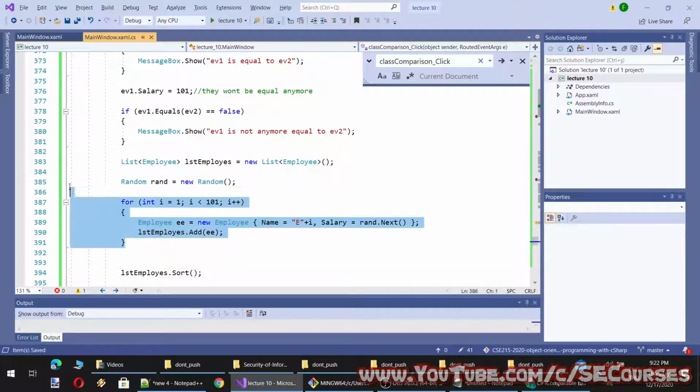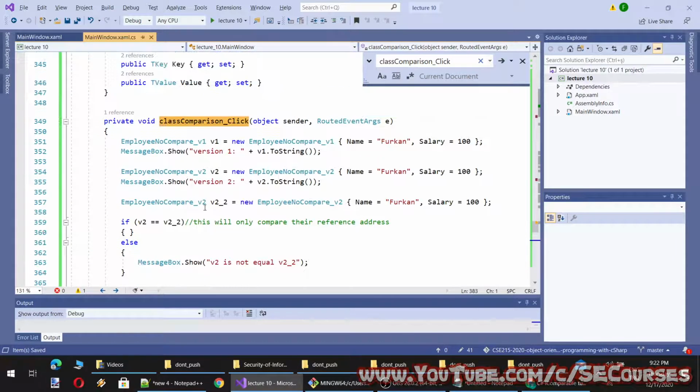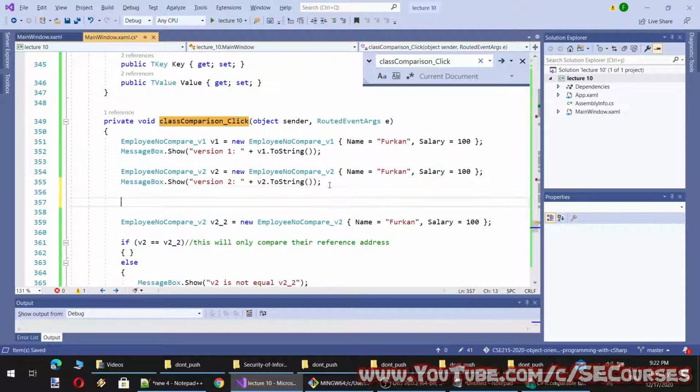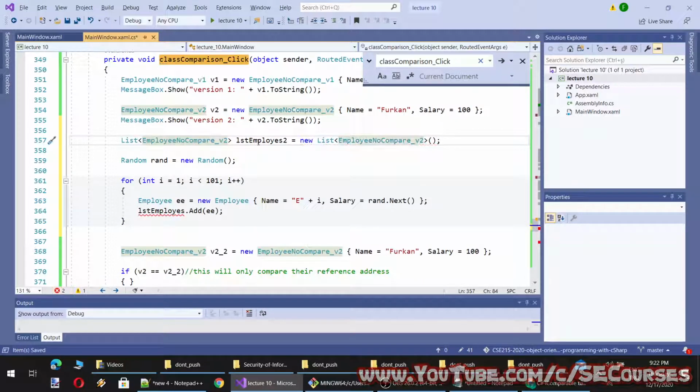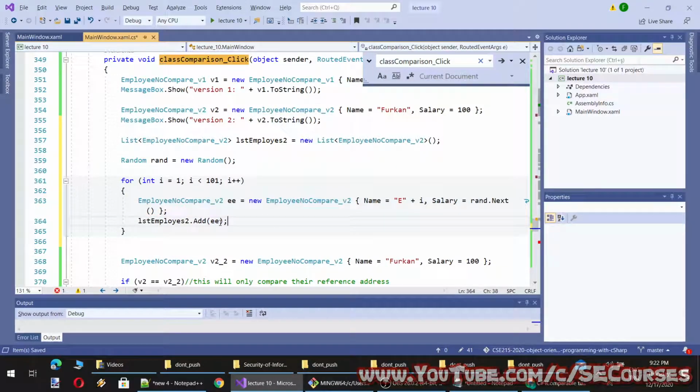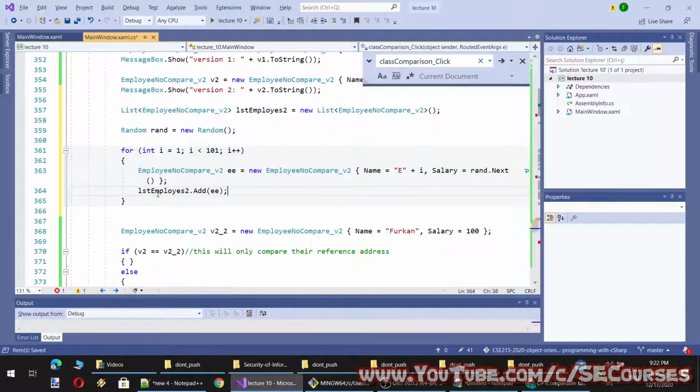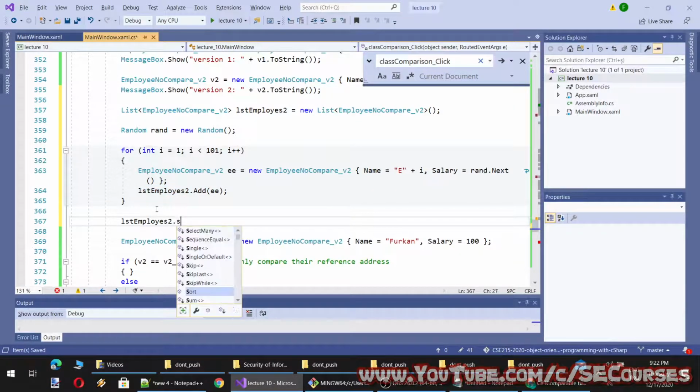If we had done this in, let's say, this method, like here, it wouldn't work. Let me show you. Okay, and sort. Let's try it.